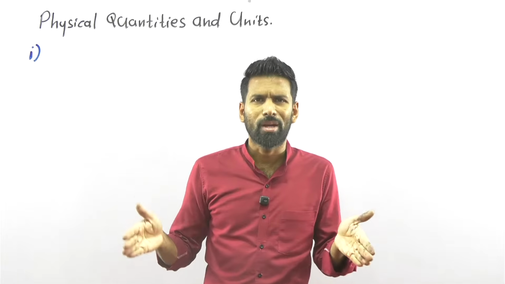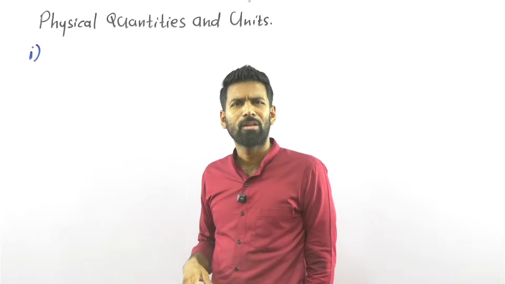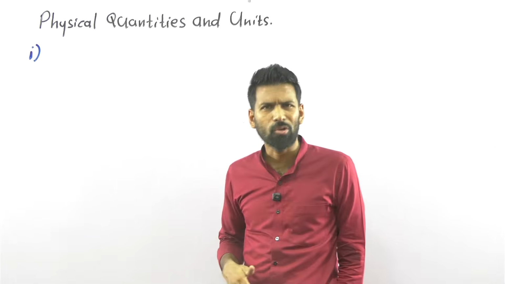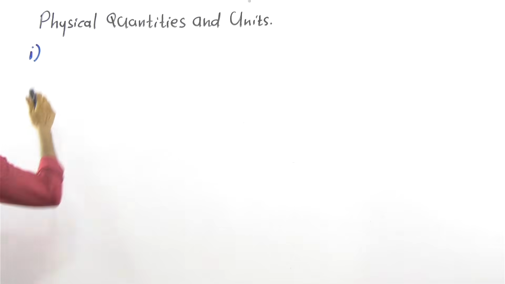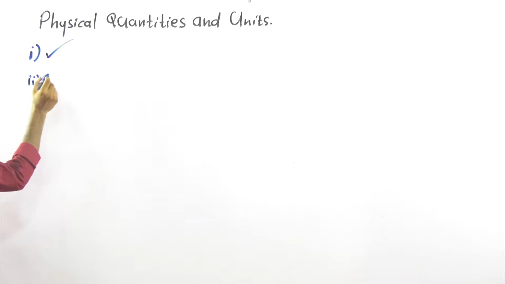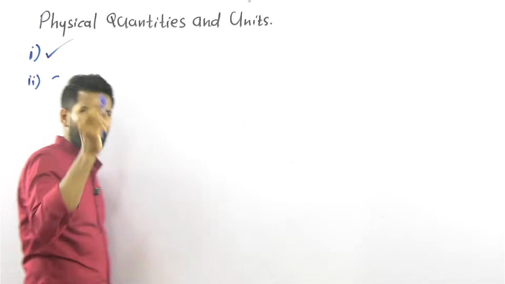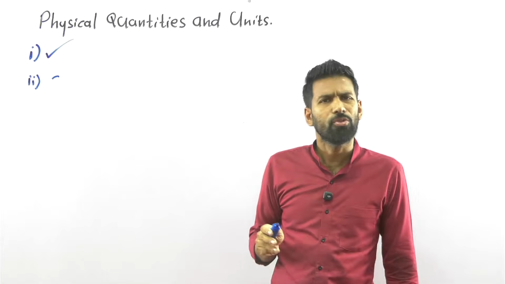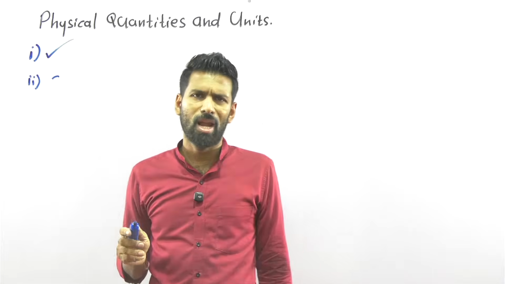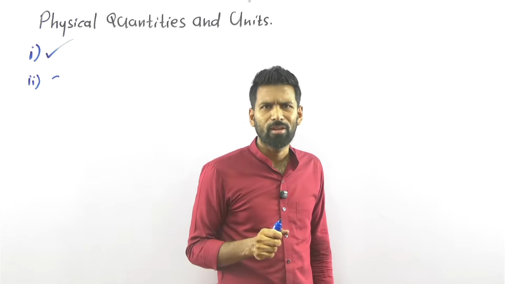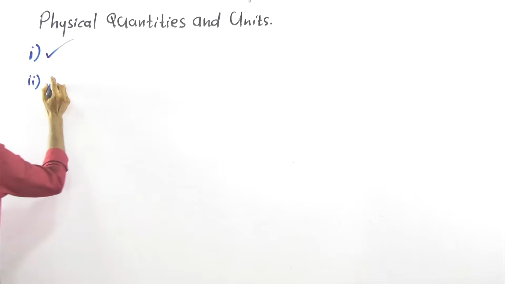Brought up to understand the length. So can you tell me, what are these older units to understand the physical quantity called length? Number 1 is correct. So can you tell me, what are the older units that explain the length? To understand the physical quantity length, what were the units that we have used earlier to understand length?